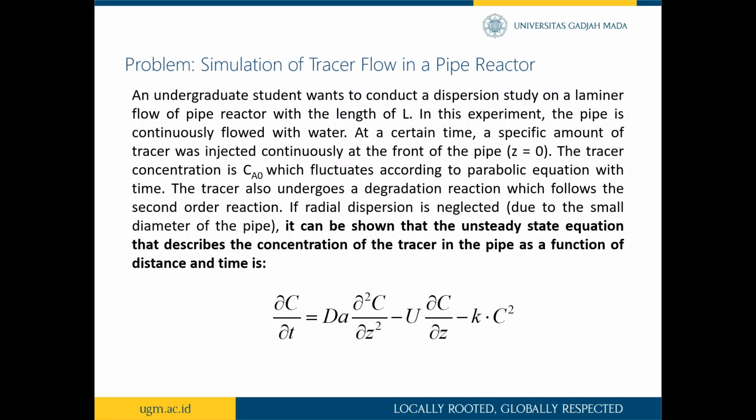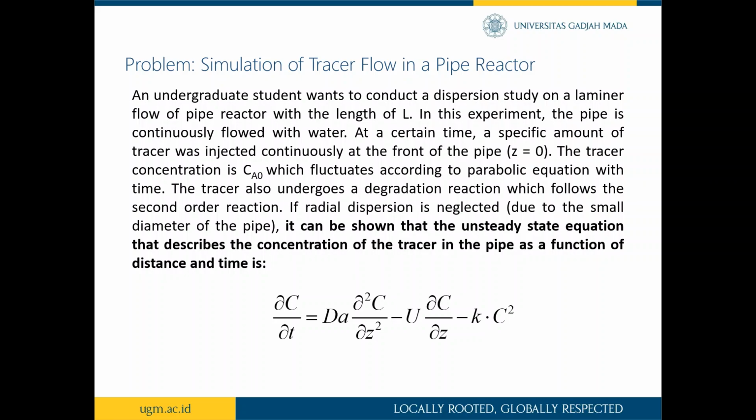And the inlet concentration is Ca0, and here we have made it fluctuate according to a parabolic equation with time. In addition to that, we have mentioned here that the tracer also undergoes a degradation reaction which follows second order kinetics. If radial dispersion is neglected due to the small diameter of the pipe, the unsteady state equation that describes the concentration of the tracer in the pipe as a function of distance and time is shown as follows, where